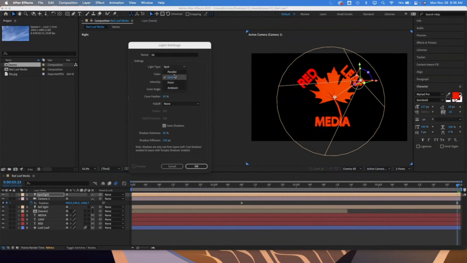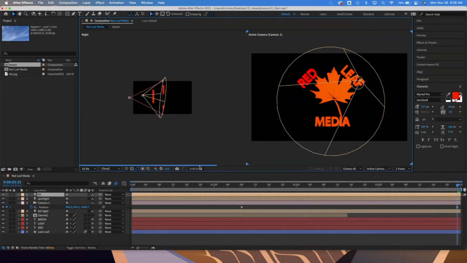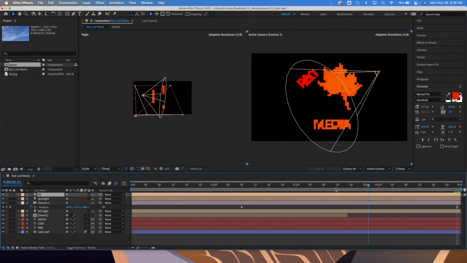And because this is an ambient light, I want to change that because it's going to fill the rest of the area. For my intensity, I'm going to knock it down a little bit. I want to go 65%. And I'll click OK. And then that just kind of fills out the back end. So now we're starting to see a little bit more of the depth of the object. And as it comes through, because we've created this here,